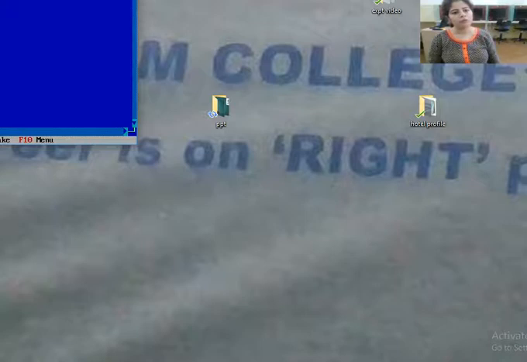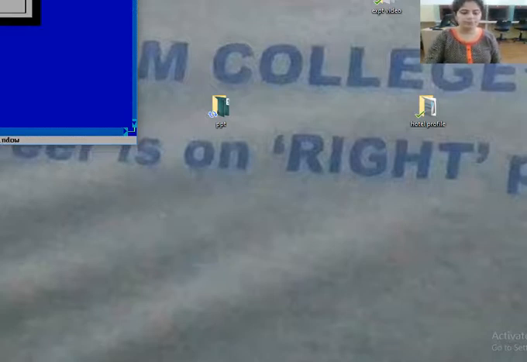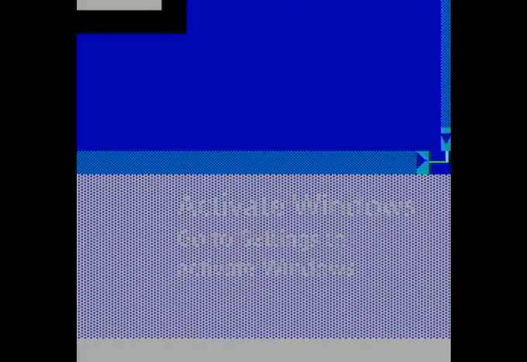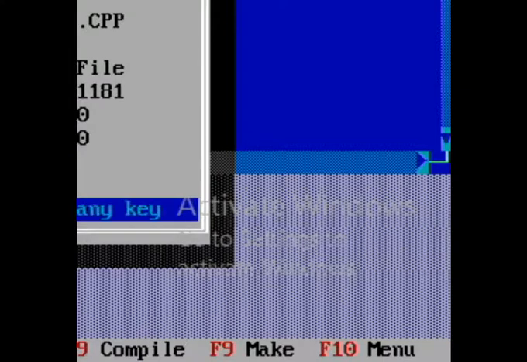If you delete the path, you will not get the executable file at that particular location in the bin folder. So first of all do not delete the path. Now we have to compile the program. So compile the program.